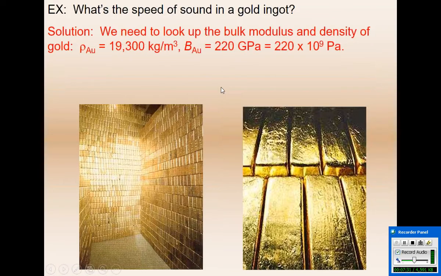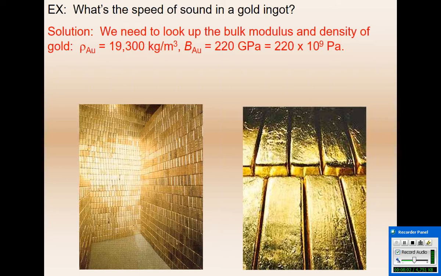Let's take a look at an example of calculating the speed of sound in a solid. What is the speed of sound in gold? We need to know some properties about gold. Being a solid, the density of gold is pretty well fixed, and we can look it up. It's 19,300 kilograms per cubic meter. That makes it quite a bit more dense than even lead. We also need to know the bulk modulus of gold, and you can look it up in a table, and you'll see something pretty close to 220